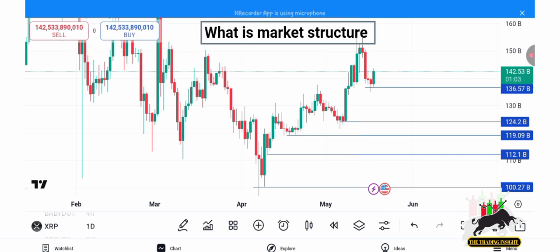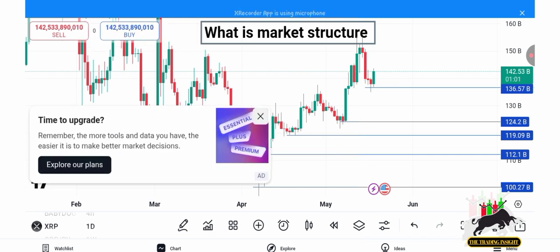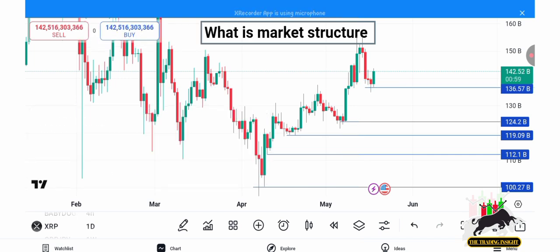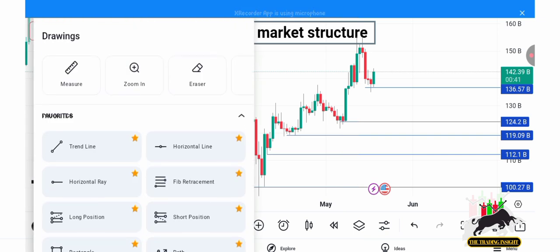All these lows that I'm drawing tell you that the market is still in an uptrend, that the trend has not been broken. Those lows have not been broken. That is what these lows are telling us right now. They're showing us that the market is in an uptrend. The market is breaking structures above, not below.